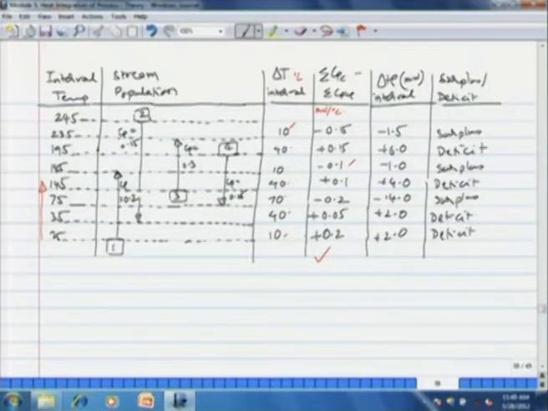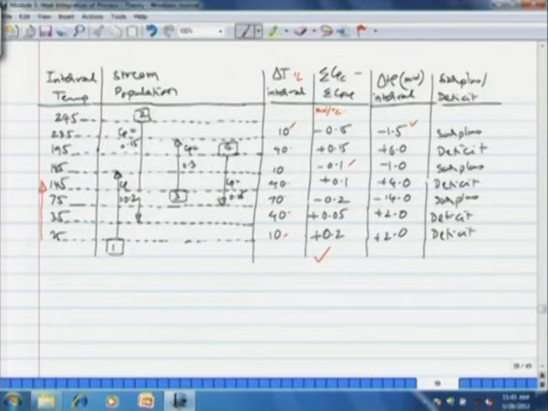Now the delta H in that interval, the heat surplus or deficit, that can be obtained by multiplication of the third and fourth column. Delta T interval into summation CPC minus summation CPH. So in the first temperature interval, we have minus 0.15 into 10, that is minus 1.5 megawatt of surplus heat.